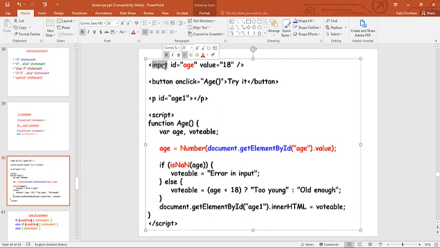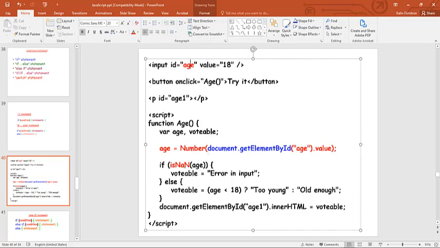Okay, we've got a text box called age, and we assign the value of 18 to it, and then we've got a button which we can click that calls the function age. The function age declares two variables, age and votable. Well, this local age here is going to get the value assigned to the input box, which is called age outside,